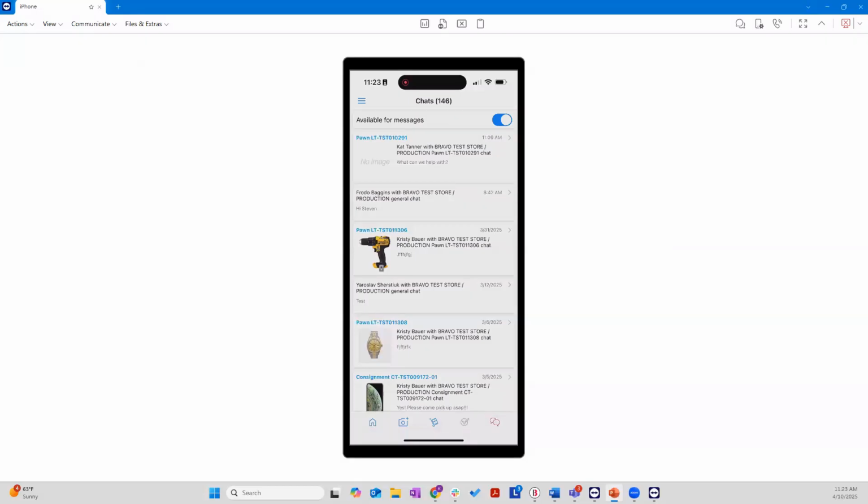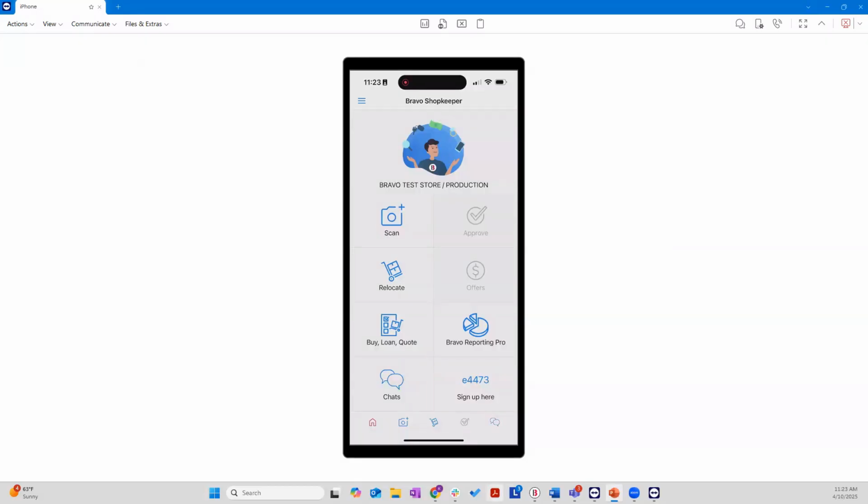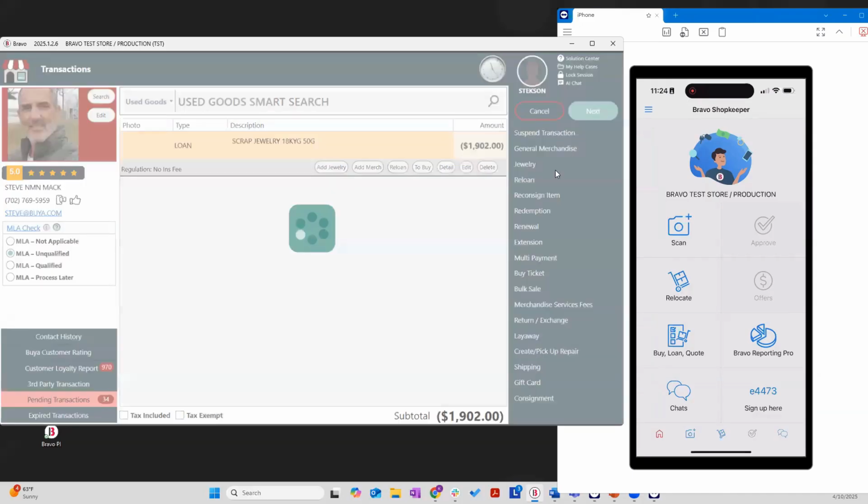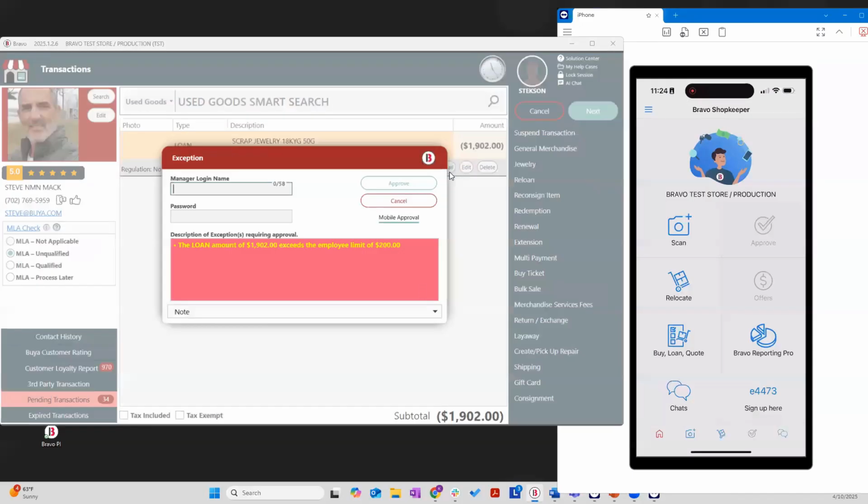Next up, we have approvals. So our customer wants to do a $1,900 loan on some jewelry. And when we click next, our employee doesn't have enough of a limit to do that loan. So there's 2 ways that we can handle this. One, if you have somebody in store who can approve this, they can always just enter their credentials and click approve. But if that person is maybe on lunch or had to run to the bank real quick,